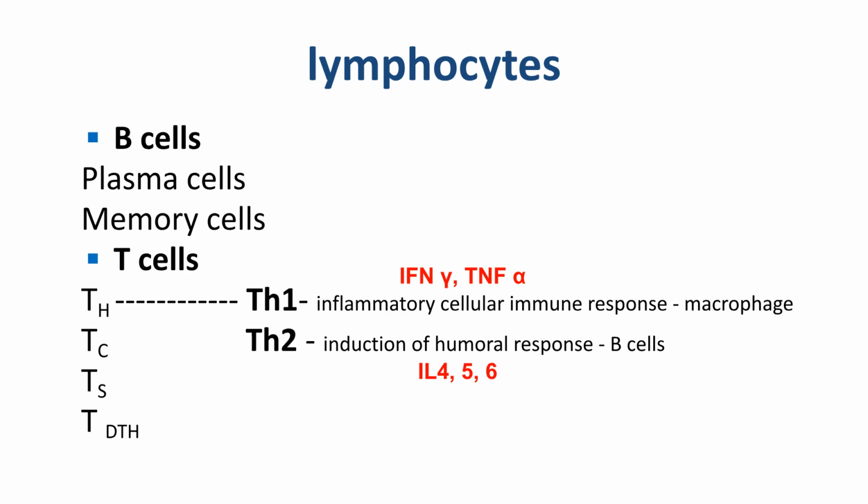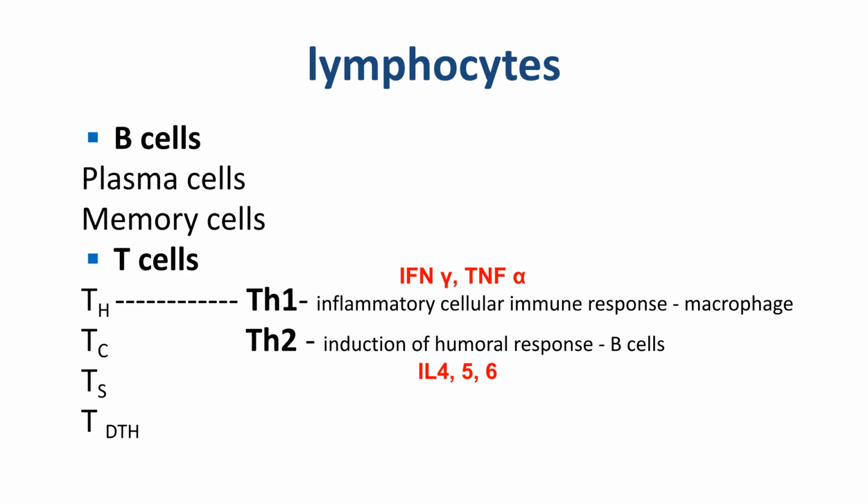Helper T cells or Th cells provide assistance to other immune cells through cytokine secretion. Th1 cells promote inflammatory cellular immune responses and activate macrophages through cytokines like IFN-gamma and TNF-alpha. Th2 cells induce humoral responses by helping B cells through cytokines like IL-4, IL-5, and IL-6. Cytotoxic T cells or TC cells directly kill infected or cancerous cells by recognizing antigens presented on